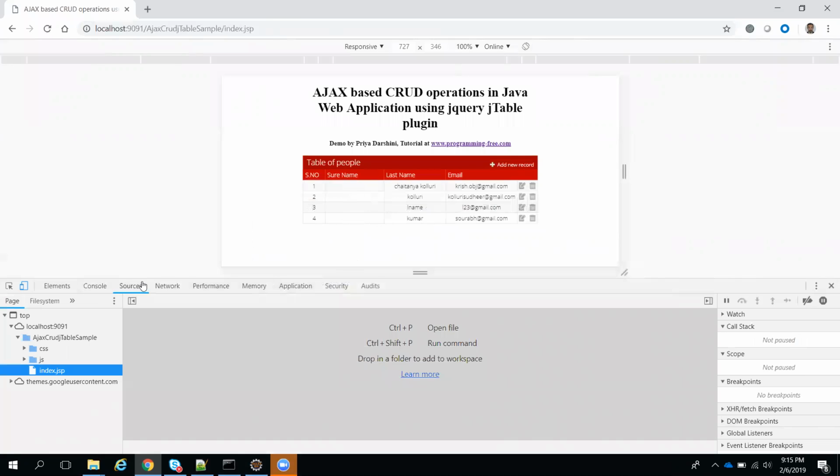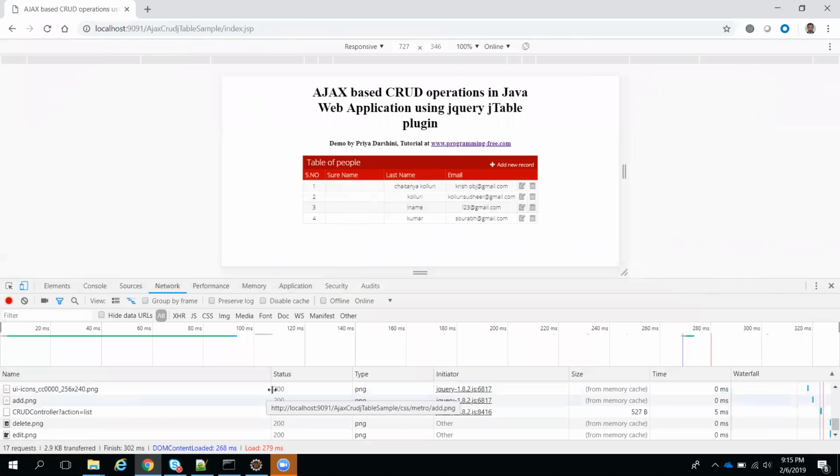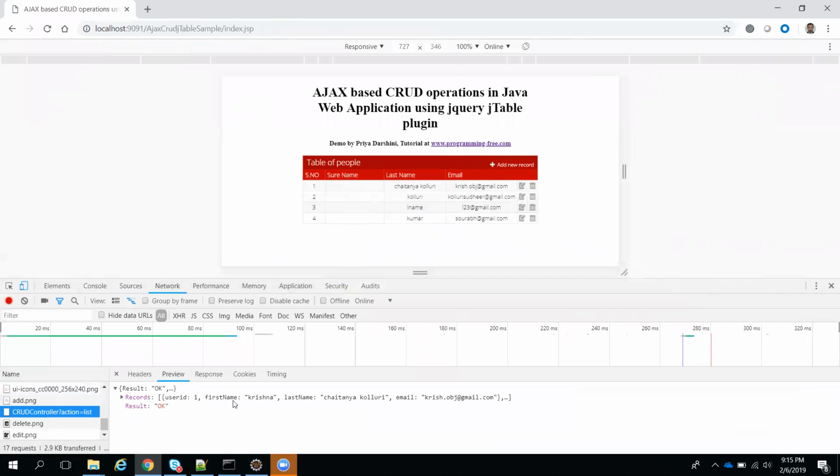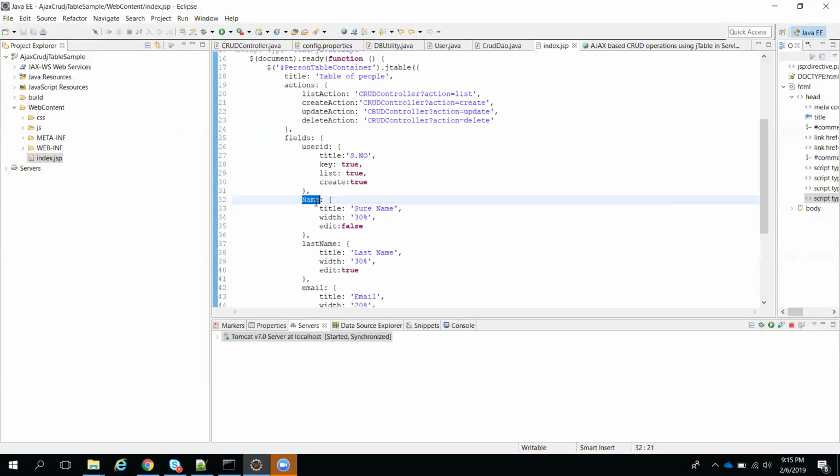Okay. To check that one, how can we check? Here if you see, first name is there, user ID, last name. Okay, that is very important. Whatever you mention here should be the same as the keys in whatever data you are retrieving. Okay, you understand, right? So this should match with our JSON data. That is the purpose of this one. You should match with that one.